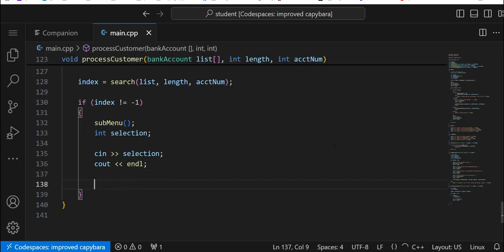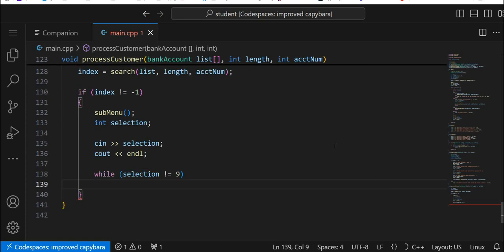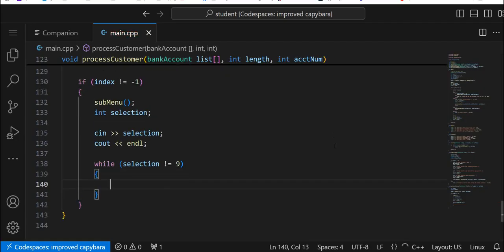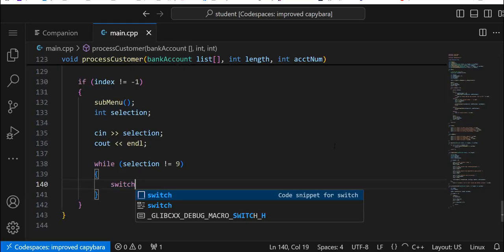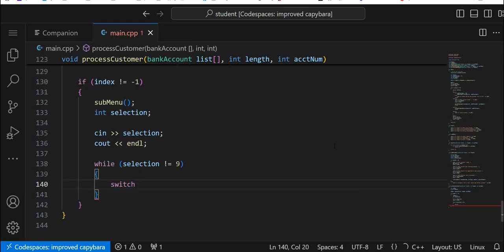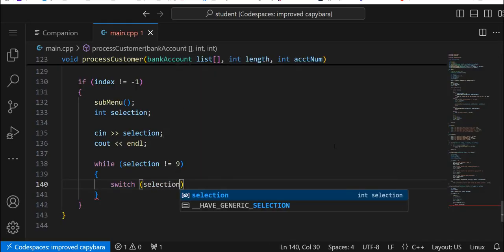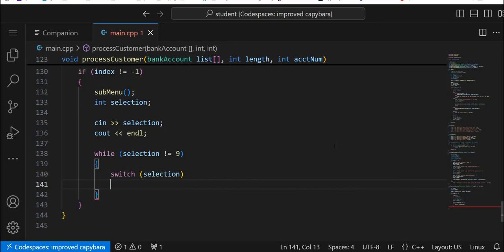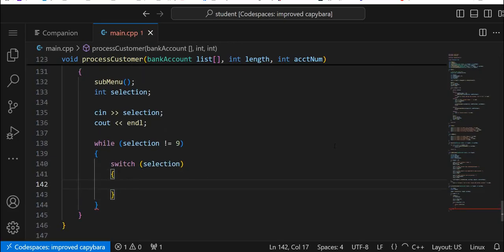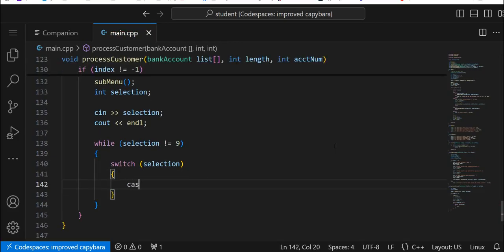All right. Selection not equal 9. We'll add our switch here. Selection and a bracket. Let's go to case 1 and